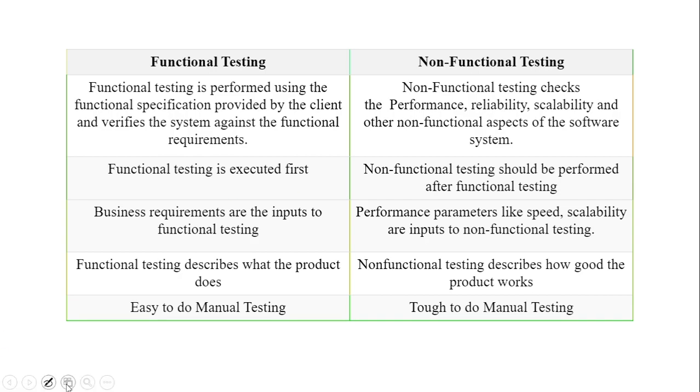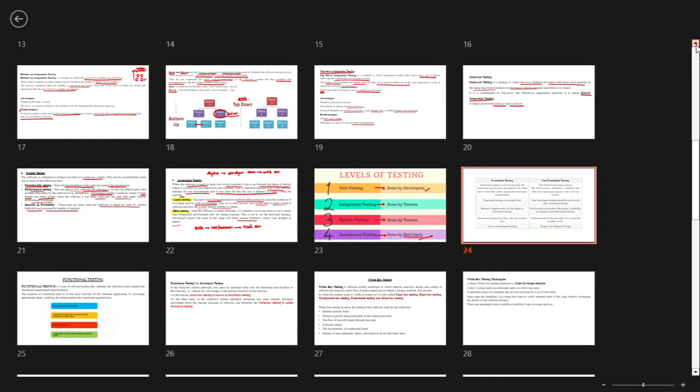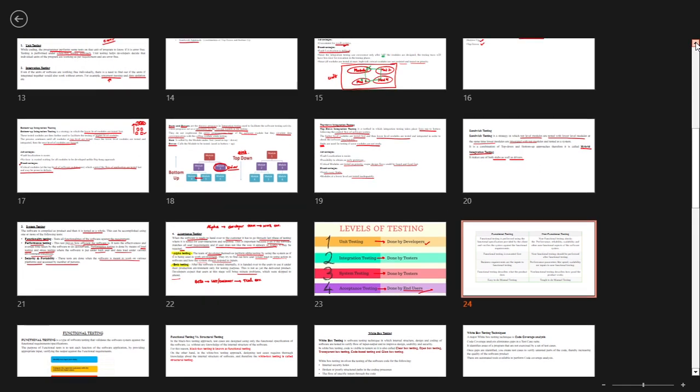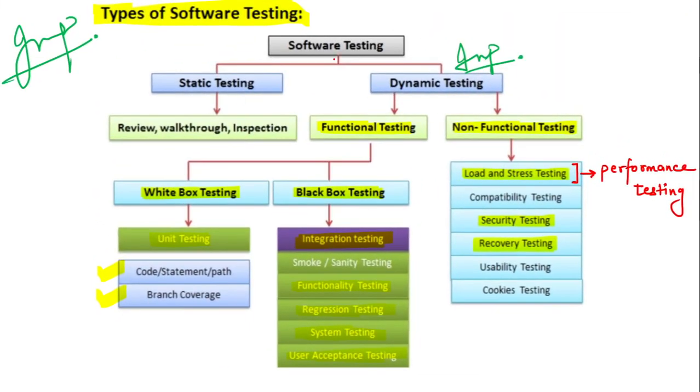So if you have seen this diagram carefully, you can see that in dynamic testing that we'll be doing today, dynamic testing is divided into two parts, functional testing and non-functional testing. So today our main focus will be on these two, that is white box and black box. Okay, in white box you can see there are very few topics here, but white box in itself is a very important part. And you can see here that unit testing comes under white box testing. So today we'll be focusing on white box testing more because we have to understand these things, and in the next session we'll be discussing black box testing.